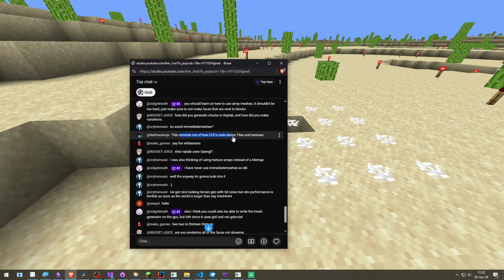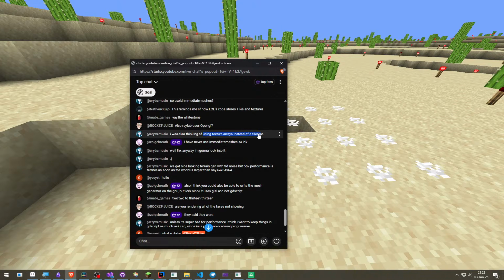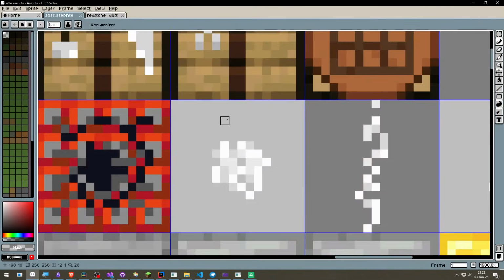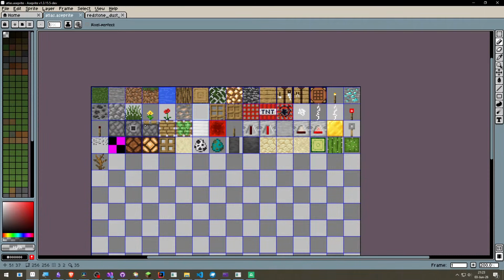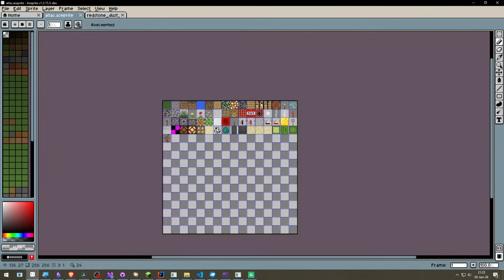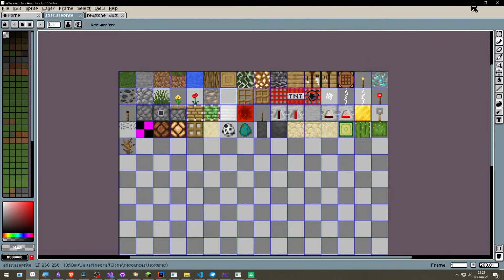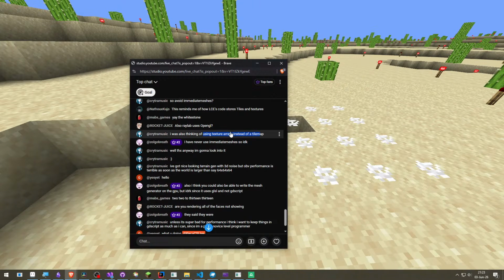This reminds me of how code stores styles and textures. Yeah, the white stone. Raylib uses OpenGL. I was thinking of using texture arrays instead of a tile map. Just use an atlas. I just use an atlas here. Minecraft also uses a texture atlas. They just combine all of the separate textures at runtime, and you have one single texture. Don't overcomplicate it. I have never used immediate mesh, so